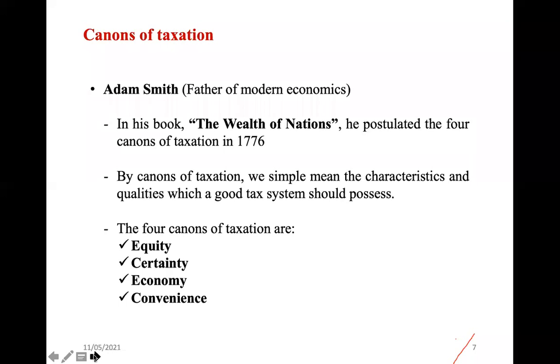So basically what Adam Smith was saying is that for a tax system to be classified as a good tax system, it must have these four qualities. It must be equitable, it must be certain, it must be economical, and it must be convenient. So we'll look at the meaning of these four canons of taxation and bring this lecture to